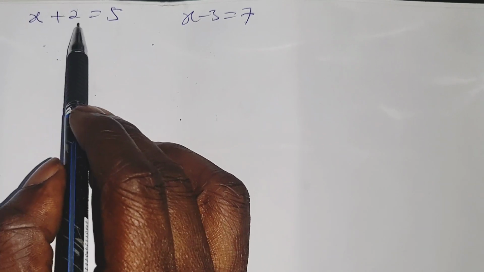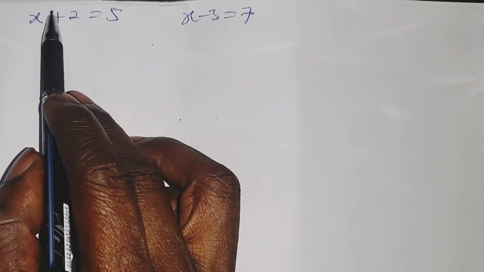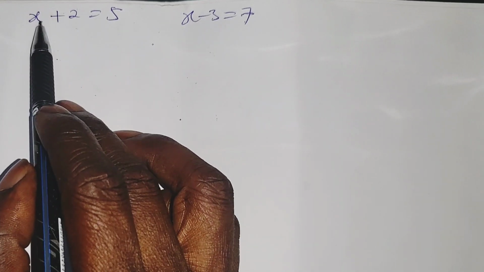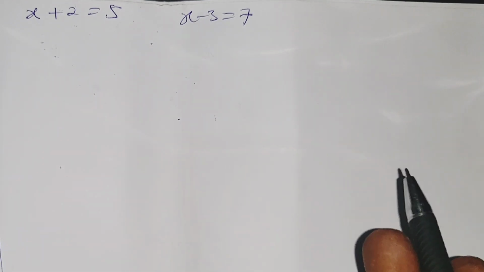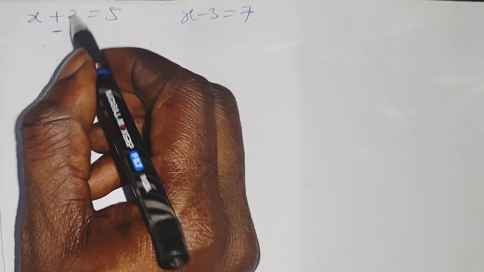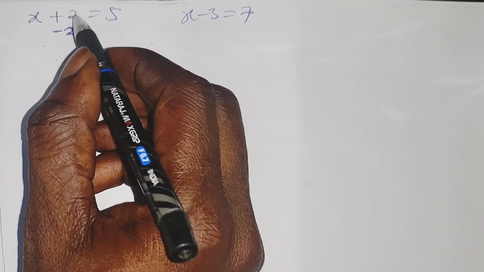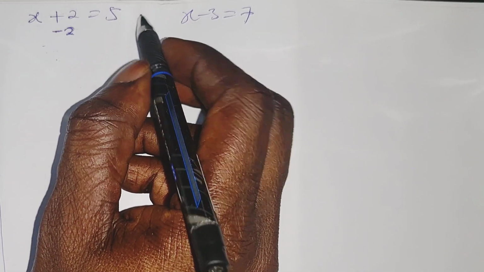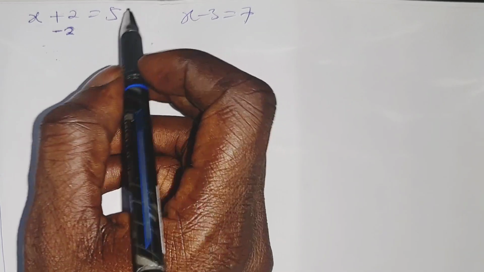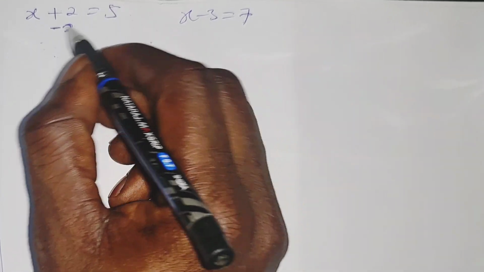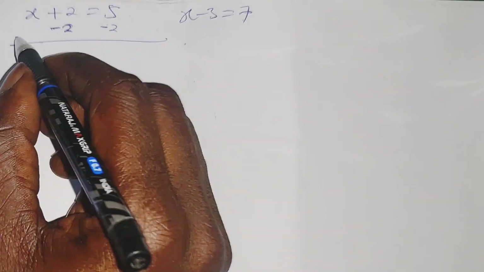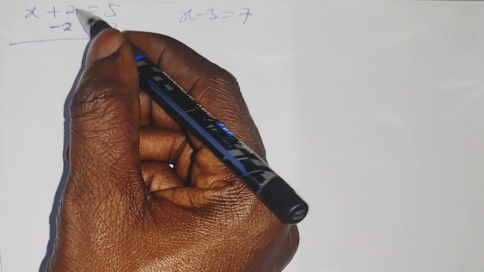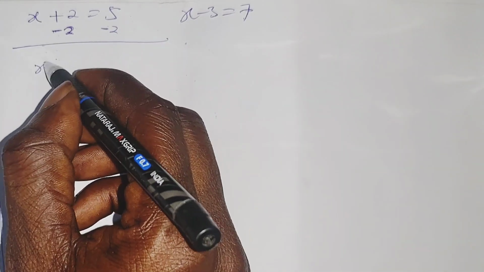And we said in the previous video that if the operator connecting them is addition, use the opposite, which is subtraction. So we have to take away 2 from this side, so that it goes to this side right here, I mean the right side of the equal to sign. So whatever you do to the left of the equal to sign, do the same thing to the right. And if you do this, these 2 cancel out, so we are left with only x